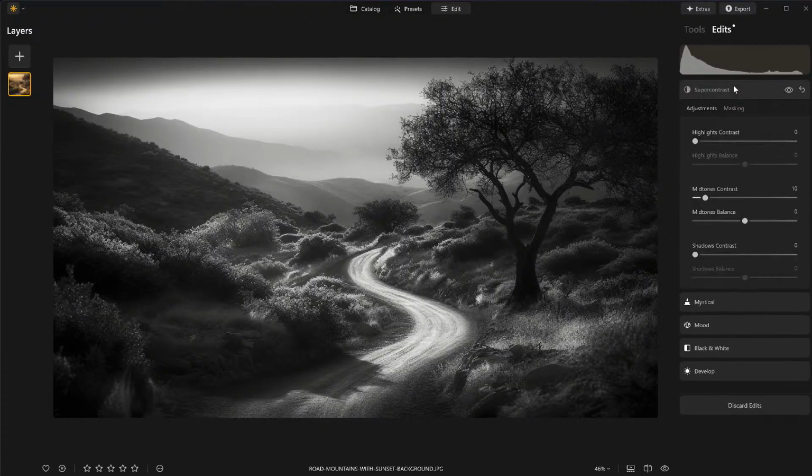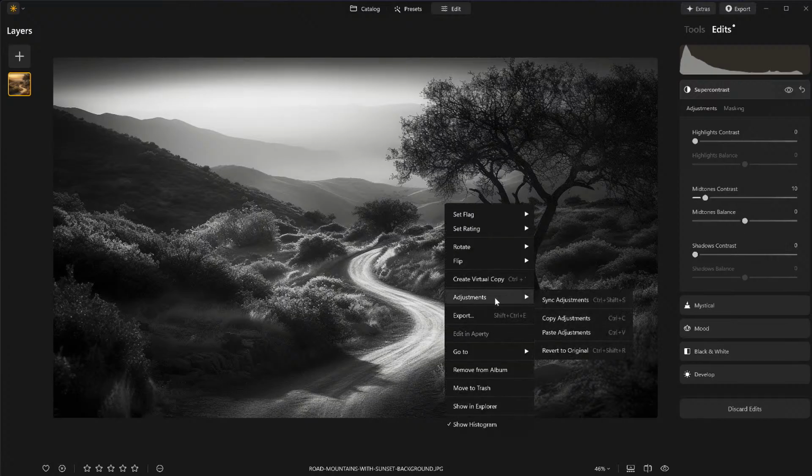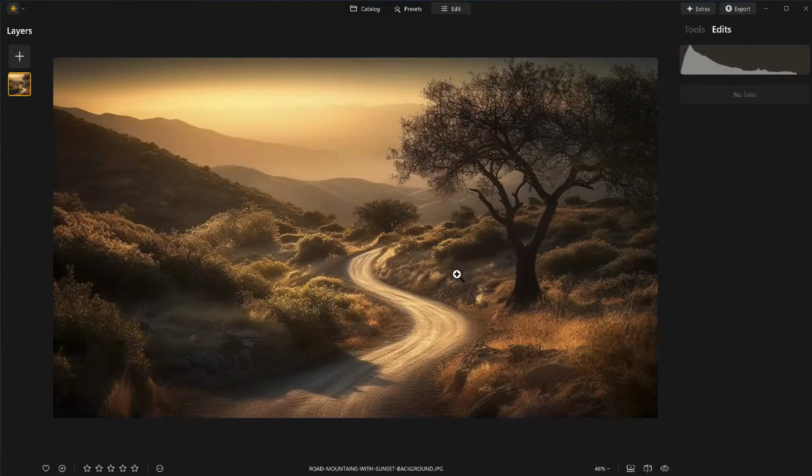And then, of course, super contrast. What this is going to do is let you determine, from highlights, midtones, and shadows, how you can enhance this image. All right? So, adjustments. Let me go back to the original. So, now that you understand that presets are great as a great starting point, let's look at how we have